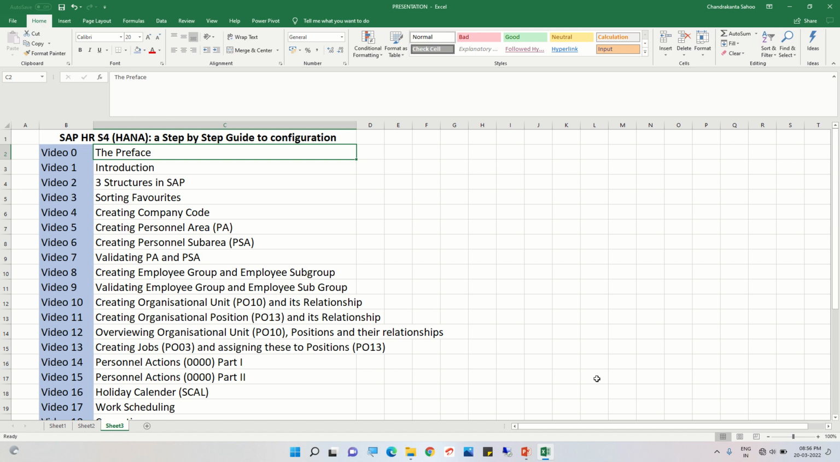In video 2, we talked about three structures in SAP. The first structure is enterprise structure. Under enterprise structures, we discuss company code. That is the name of the company, which in SAP is normally coded. That is called company code. It is the responsibility of the FICO consultant, but for the sake of our own understanding, we have also created a company code. Then under enterprise structures, we have also discussed personnel areas, like locations,